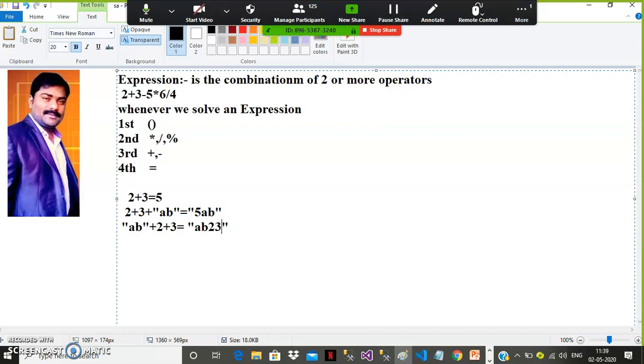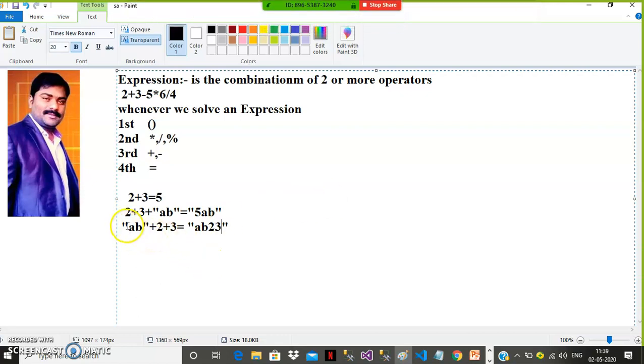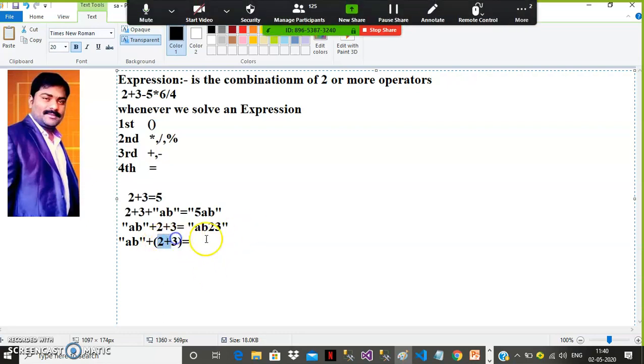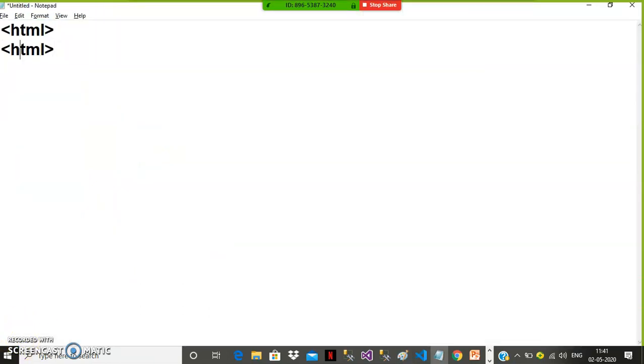Answer is AB23, because first AB is string, string plus int is string, again string plus int is string. But if I write AB plus (2 plus 3), first priority is given to brackets, so 2 plus 3 is 5, so AB plus 5, answer is AB5. Did you understand?